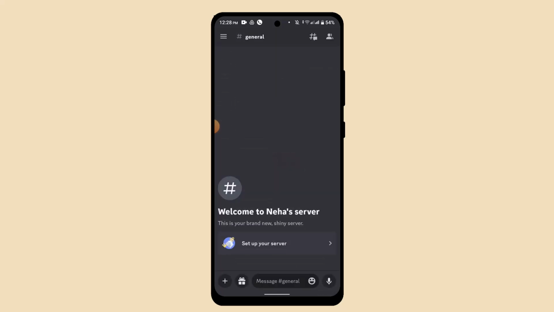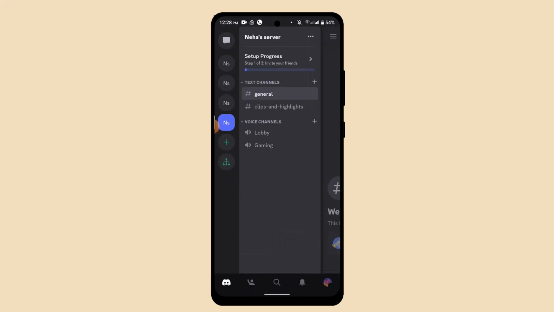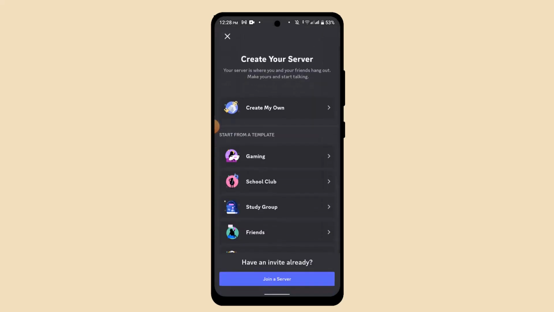Once you're logged into your Discord account, it's going to take you to the home page, which is going to look something like this. So right on this page, tap the tab bar icon from the top left hand side and go ahead and tap the plus icon from the left hand side bar. Once you tap on the plus icon, on the other page, you need to go ahead and tap on join